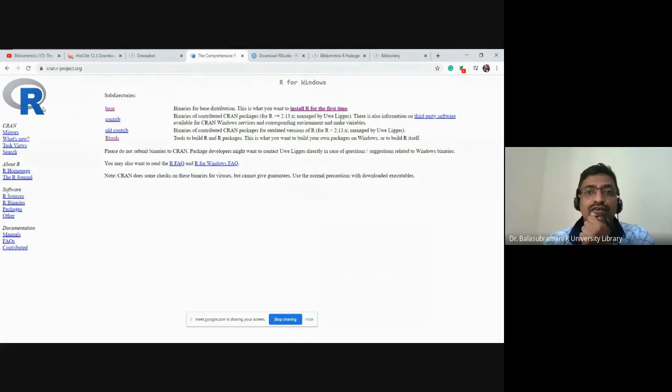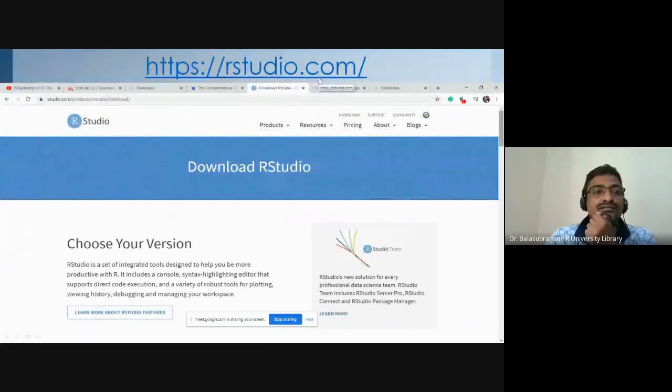After installing the software, you can install RStudio. This is the website, you can go to rstudio.com. Then you have to click the download options. Here two versions are available, a paid version and a free version. If you come down, free versions are also available. I am using the free version only. You can download the software from the free version. Here you can see download is there. You click the download, and you can easily download the software. Then the RStudio icon will come again. You double click it, and then you can easily install the software.